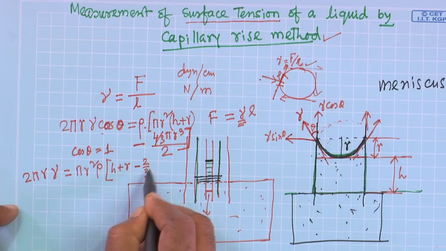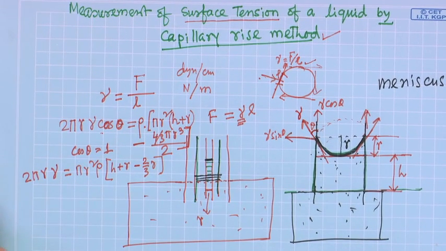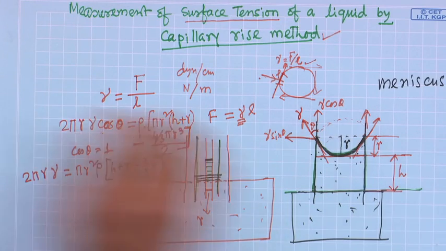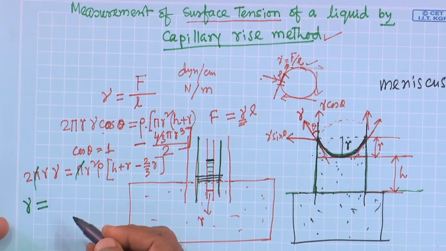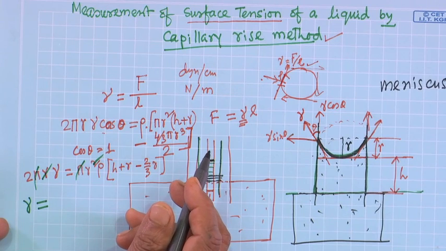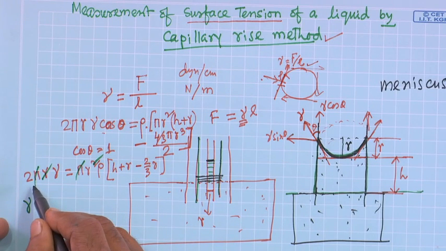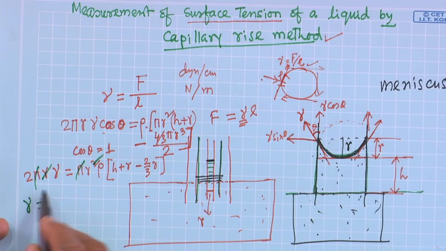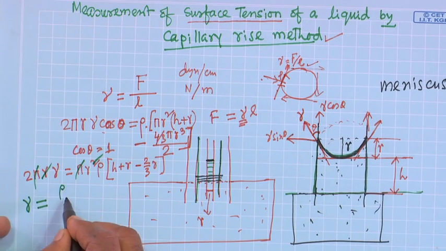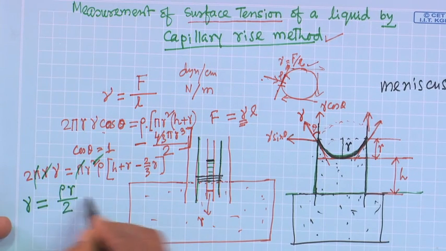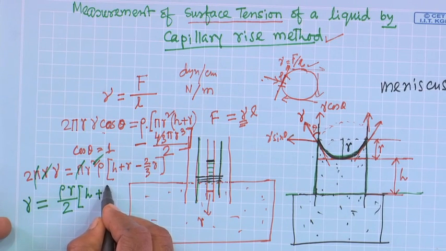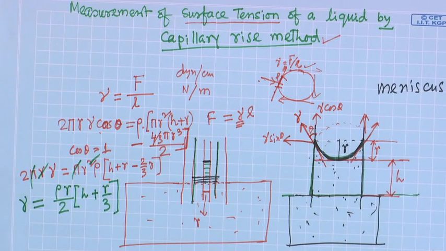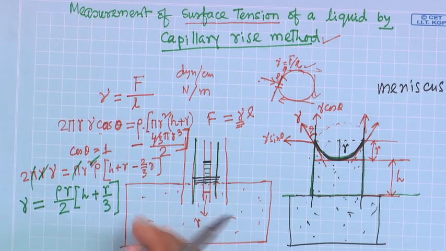So, 2 by 3 r. Okay. So, finally, what you are getting is gamma equal to, so pi will go, r will go, and then this 2 is there. So, I will get rho r by 2, then h plus r by 3. Okay. So, the G is missing, it seems. So, that was the mass,